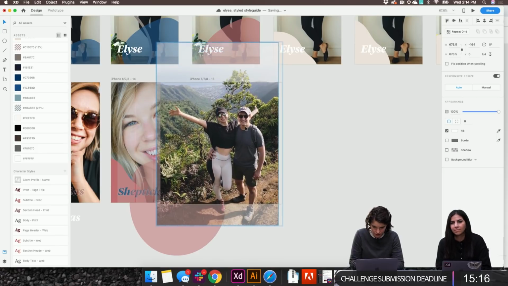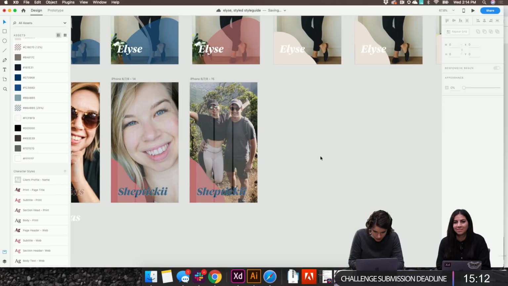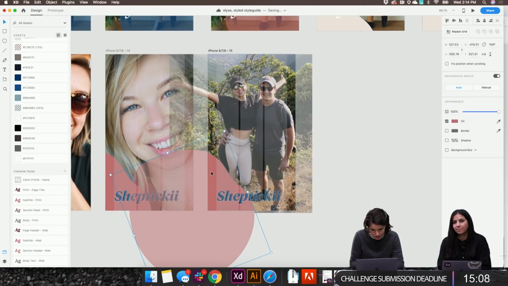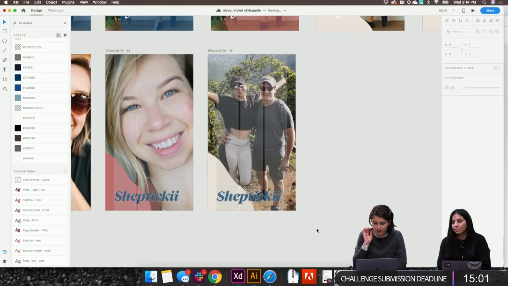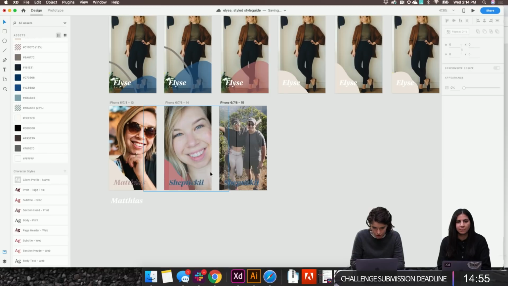I think it's really cute of her and her husband on vacation, in a different kind of outfit. I'm really digging the cream as a background. I'm going to try a different shape.